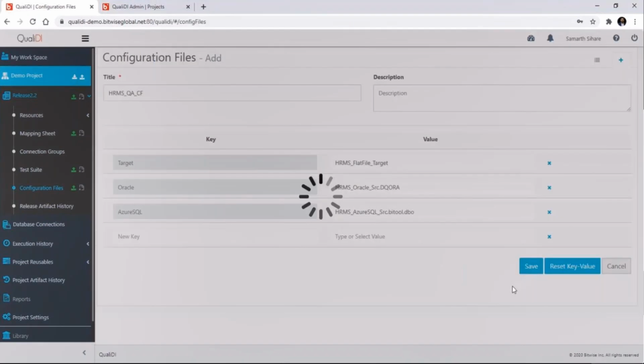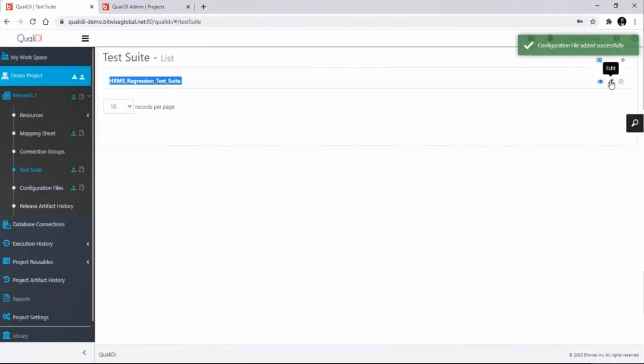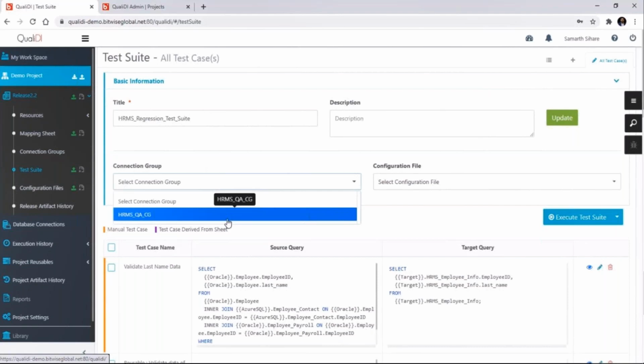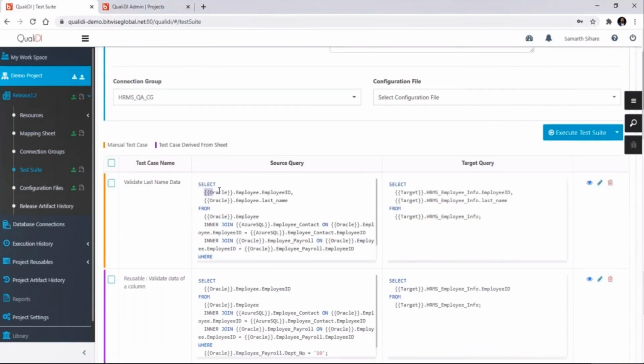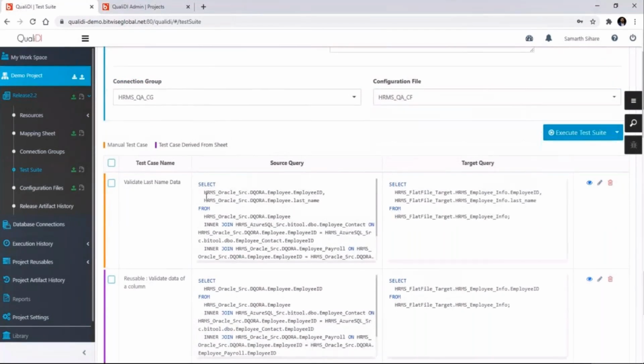We have everything that we need to execute our test suite. Let us go ahead quickly and start the execution. I'll select the connection group we created. Now you'll notice as I select the configuration file, the variables will be replaced automatically. And hence we can double check we are executing in the correct environment.